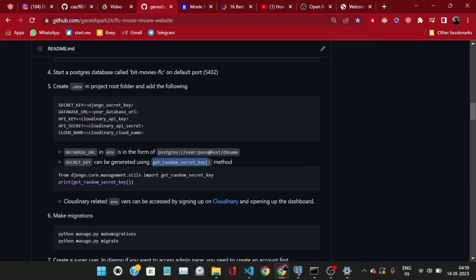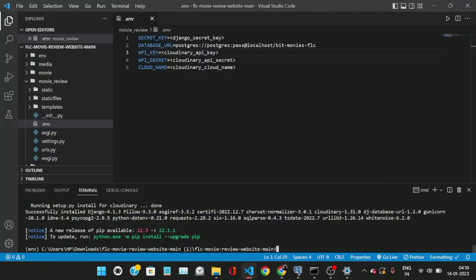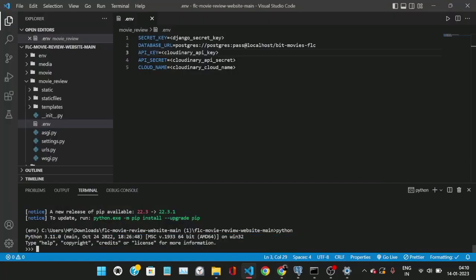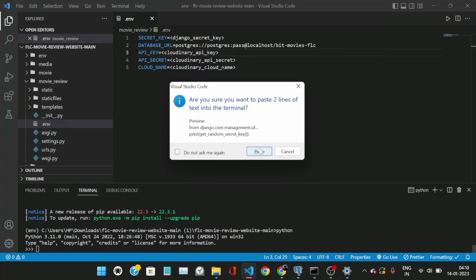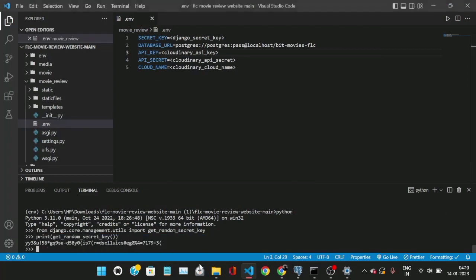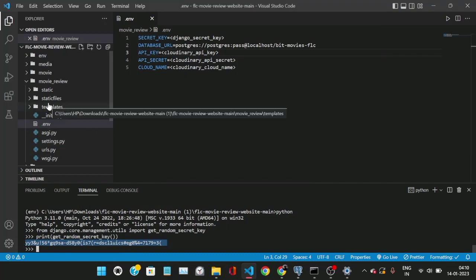To get the secret key, you have to run these commands. Let me just run these commands in Python. So I get a secret key now. Let me just paste the secret key in